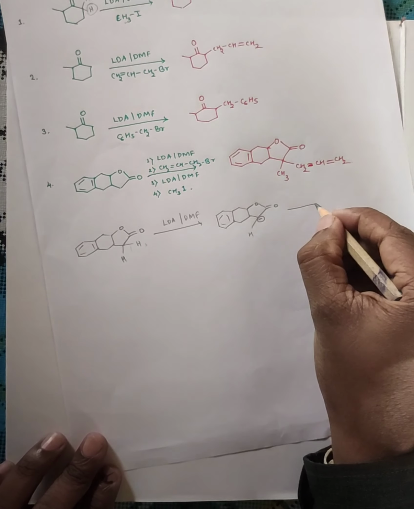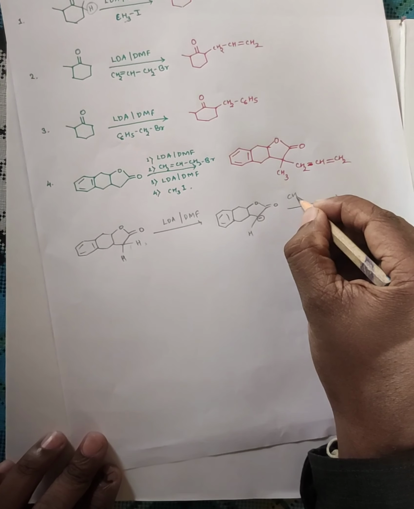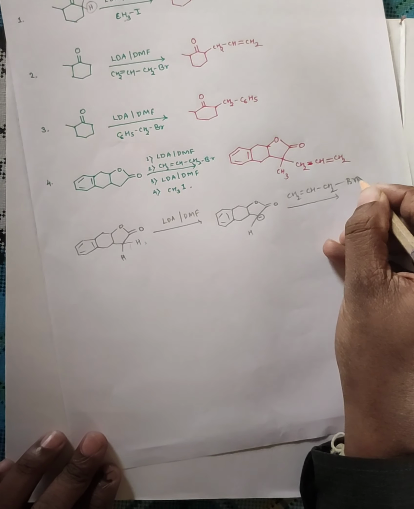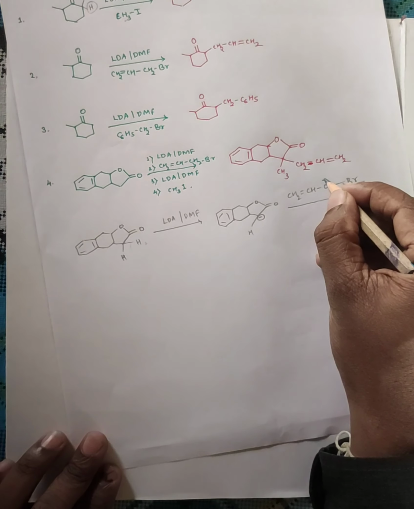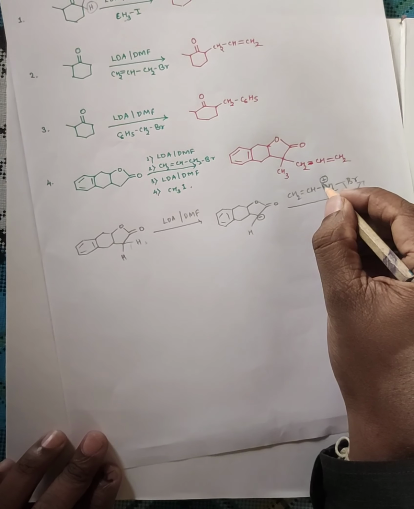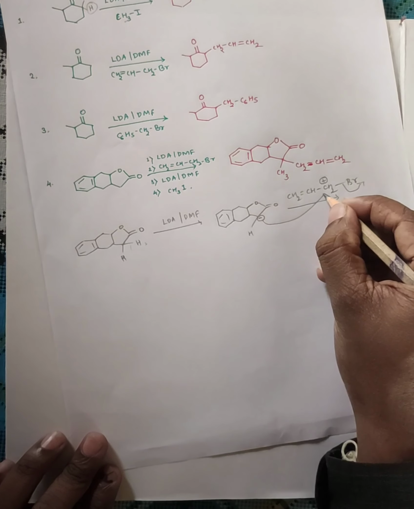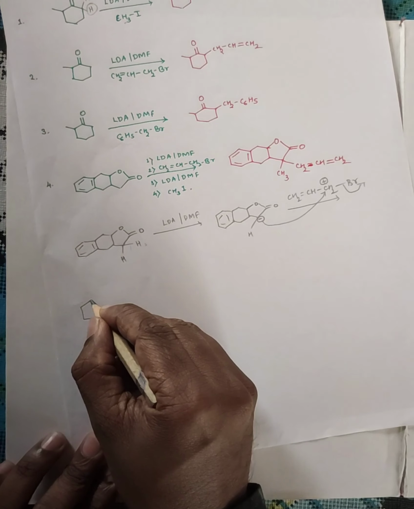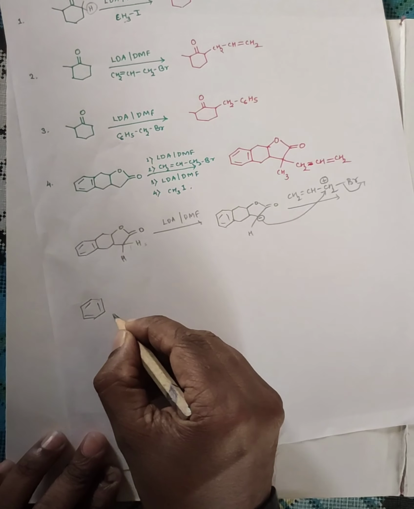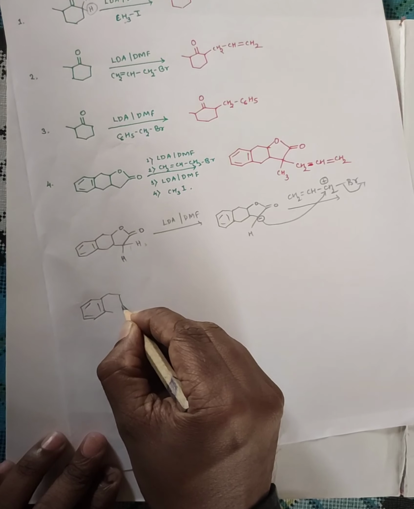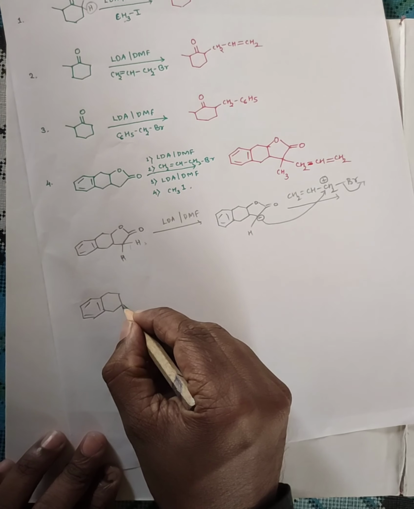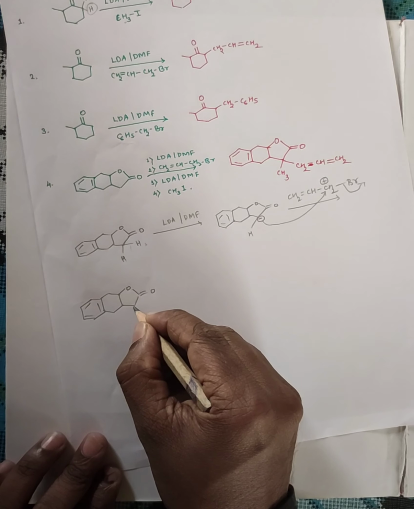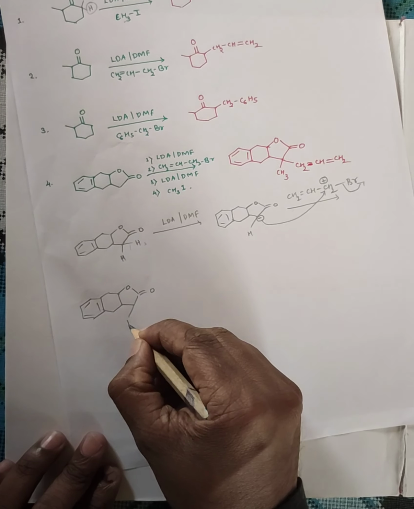Now next what we are adding here is CH2 double bond CH single bond CH2 and Br. Now when Br goes as minus, this CH2 will be plus, and this negative charge will come and attack the CH2. So what structure will you get? This is the benzene ring. This one is this. Now this hydrogen will be kept as it is.